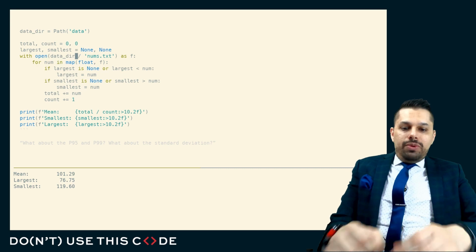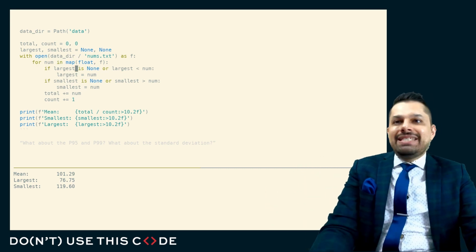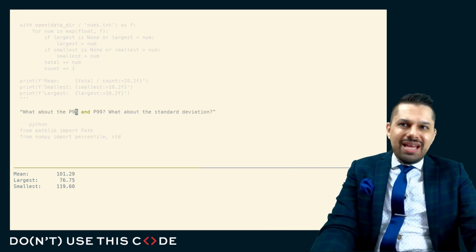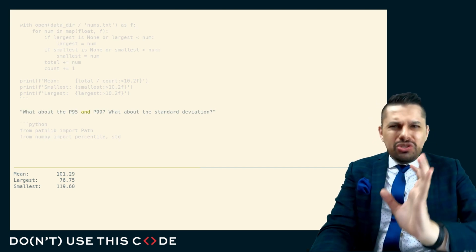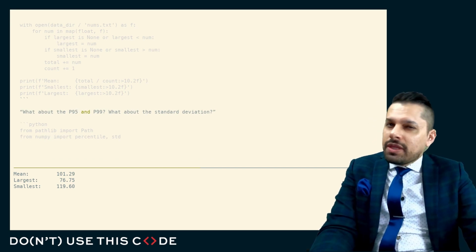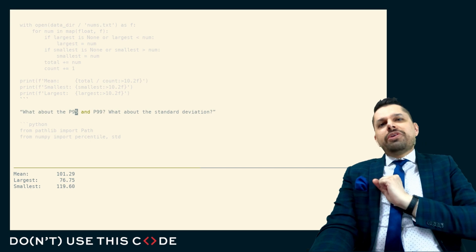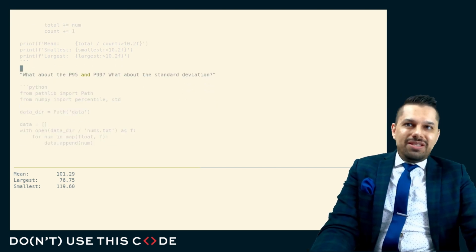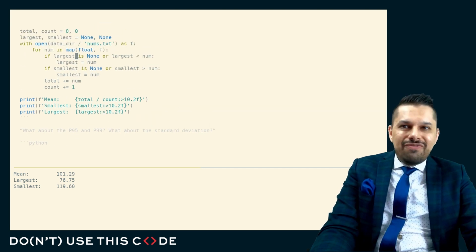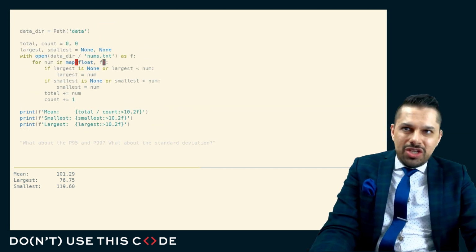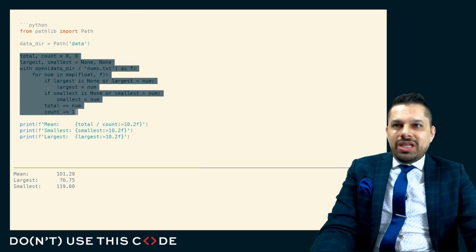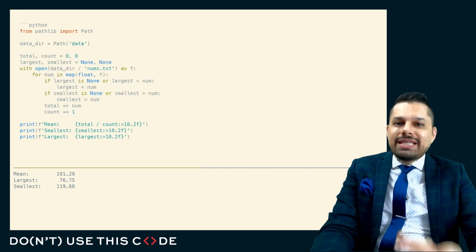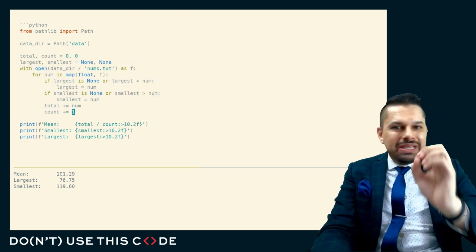Well, this is what we mean when we talk about churn, because it never ends at just the mean and the smallest and the largest. The person comes back and he says, that report was so useful. Can you also tell me the 95th and 99th percentile? And also, while you're at it, give me the standard deviation. And when you think about it, if we had to go back to this code and compute the P95 and the P99 and the standard deviation, well, this block of logic is just going to get more and more complex, and there is no end in sight